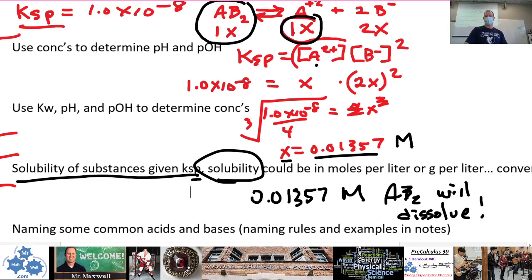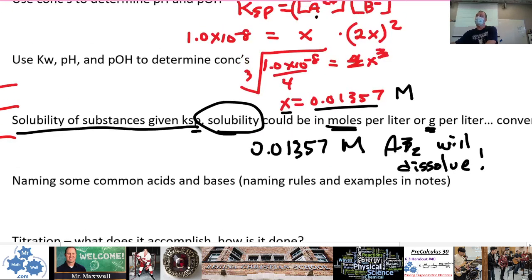Now there's a little note here too. I'll just finish this point before I go back up to the pH. But the solubility, I could ask you for solubility in moles per liter, which would be the default here, but I could also ask you in grams per liter or grams per 100 milliliters or something. So grams per liter would mean that you would have to convert moles to grams. And we learned that some time ago, last year. Moles to grams, you look at your periodic table,